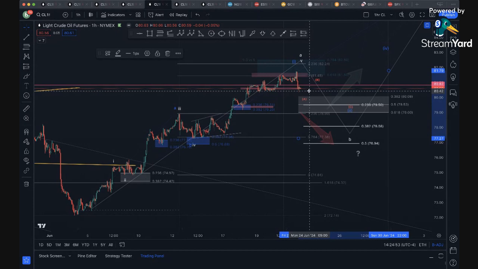So right now, my view is very clear. Will it follow my view? Who knows? I have one more target to come down here. We're going to get to that next. So the idea is A, B, C. If this is a wave two,